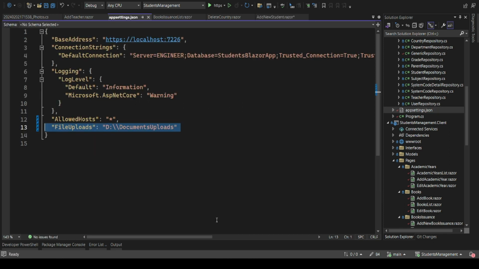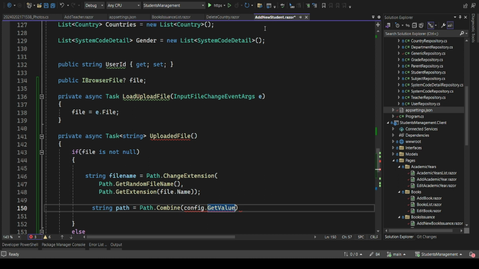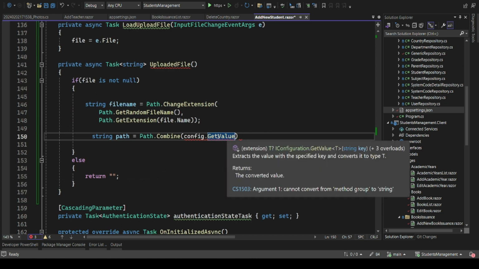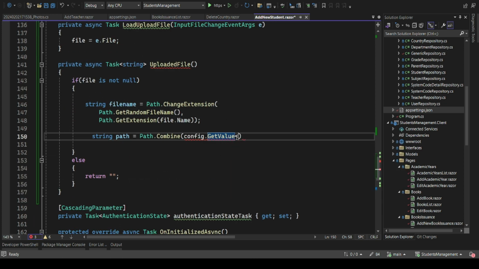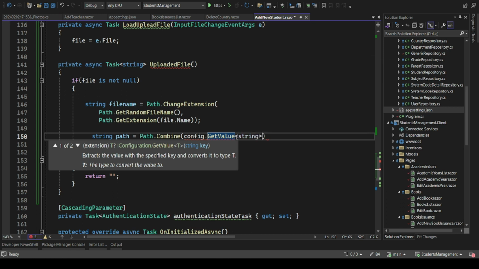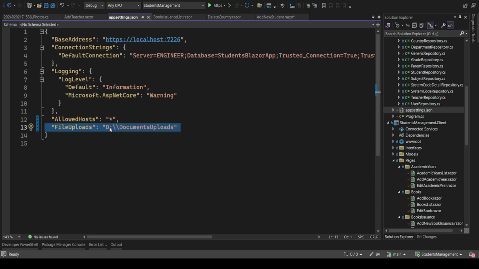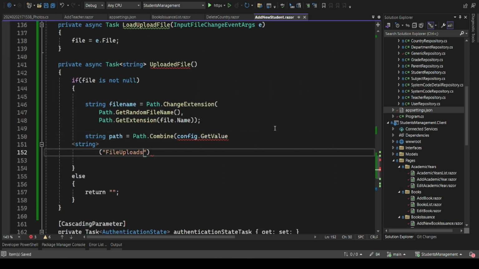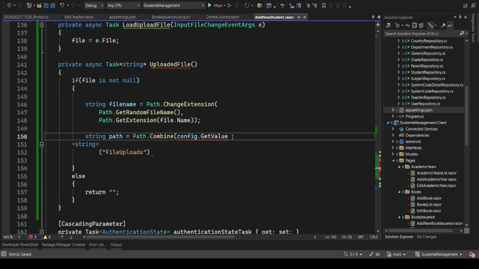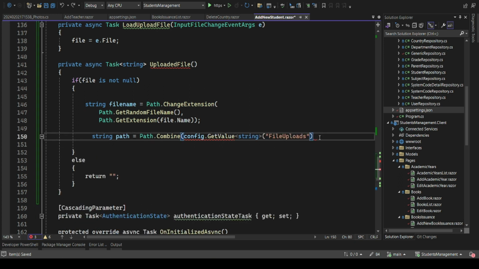And the value that we want to retrieve is what we've added in the app settings. You see this FileUploads? We want to retrieve it. So we'll do config.GetValue. Then we are expecting a string. The name of the value that we want to get is the value of AppSettings FileUploads. So we'll pass that there. Then after doing that, we need to define,